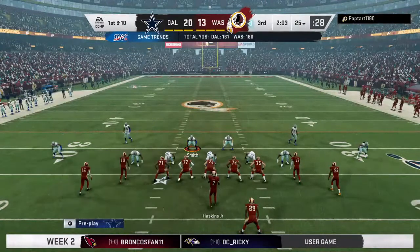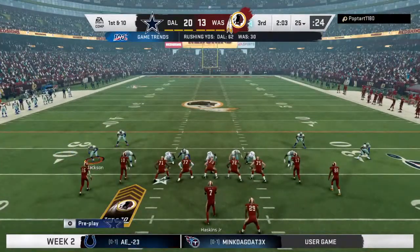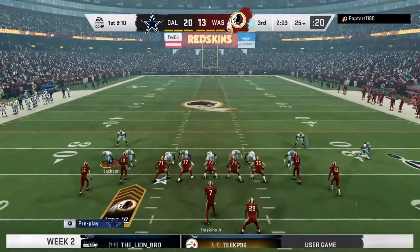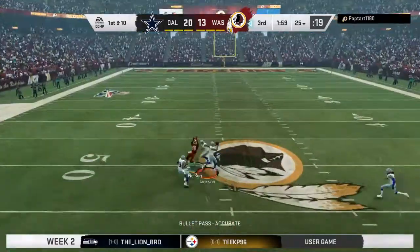Out there ready for this next drive, the Redskins offense. And a tight game after punting last time. See if they can get something going on this drive. As they head to the field now, with the game this close, you got to feel there's...